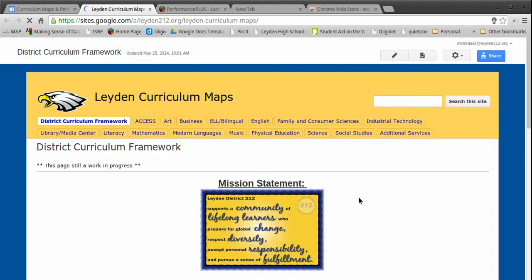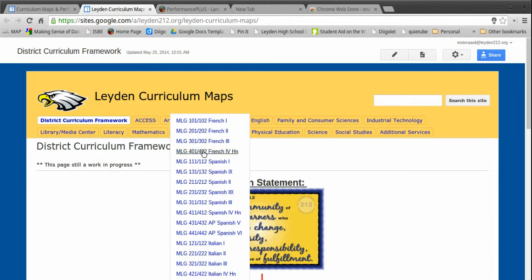and if you click on it, this is something that I have put together and your department chairs have put together. And what I've done is gone through every single course, every single map, and published them. So for example, I was looking at Julio's Spanish 1. I'm going to go under Modern Languages, and you can see as I scroll over, every single course is in there. So if I take a look at Spanish 1,